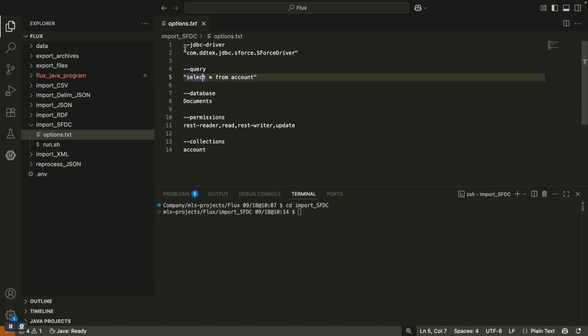Now you can see that we're using this particular driver. This is the query that we're going to use to get data from Salesforce. This is the database that we're going to put the data into within MarkLogic, and these are the permissions and collections that we're going to assign to those documents. So if I run that,